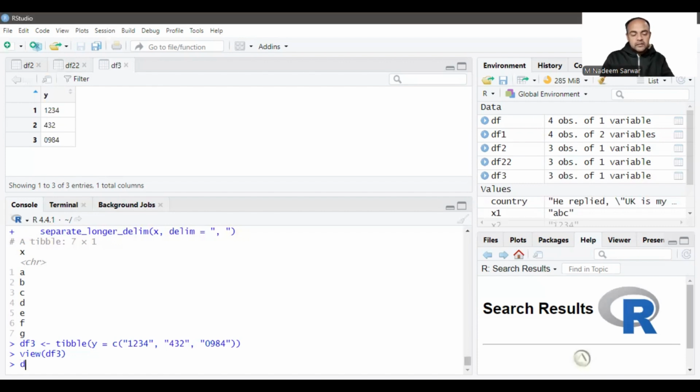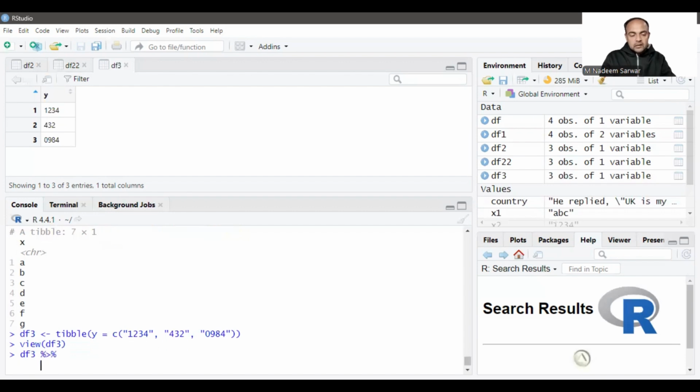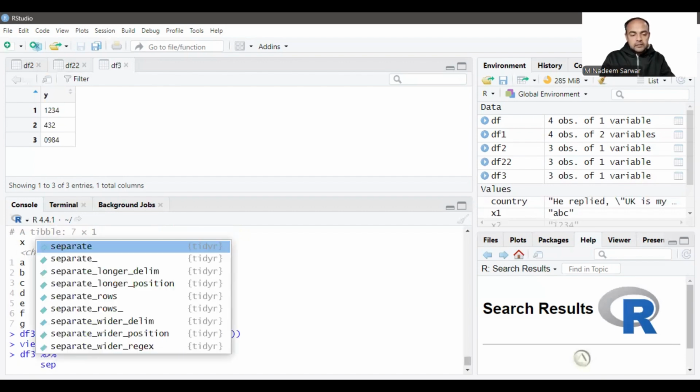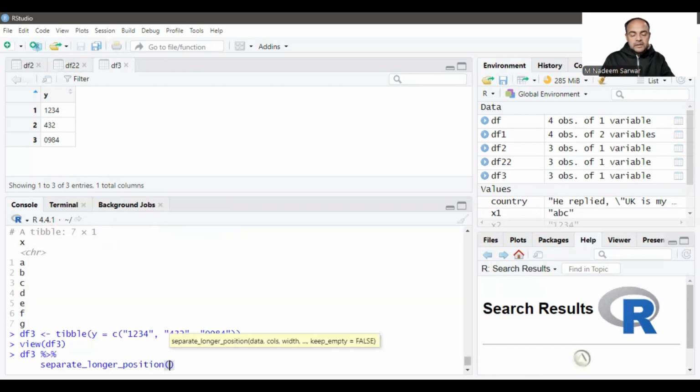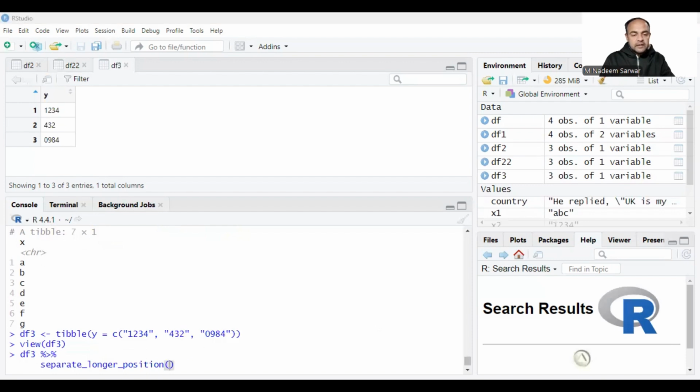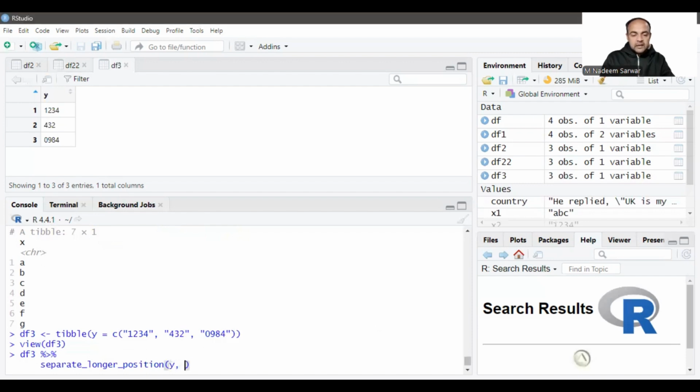We can do that using df3, and we can use separate longer position. Here first we need to give the name. Our name is this time y, and then we need to tell it the width. For example, if I say 1,